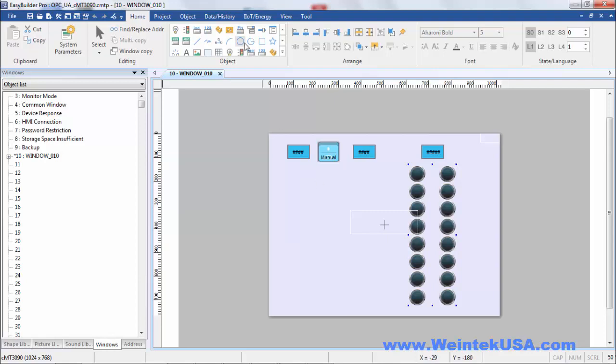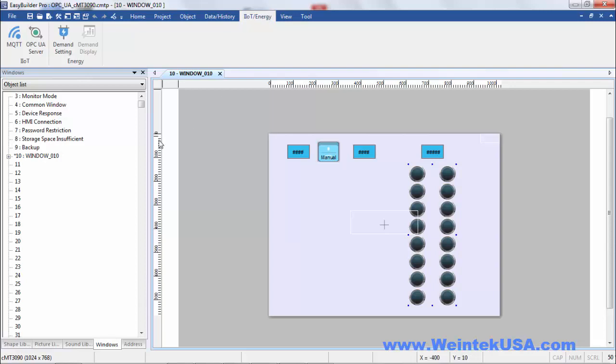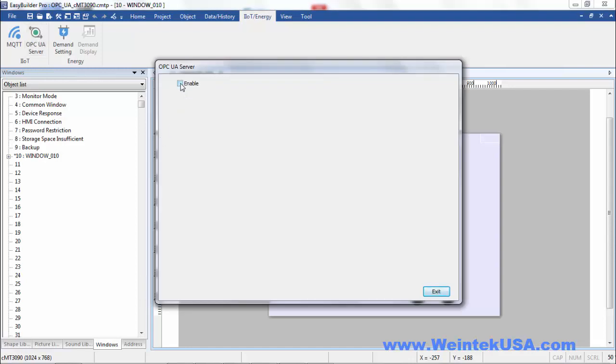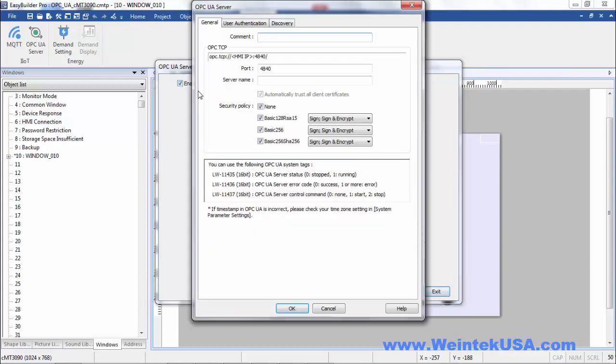So to set up a server, we need to go to the IIoT and Energy tab, click on the OPC UA Server icon, and click Enable the OPC UA Server. A lot of this you probably don't even have to mess with, but something you need to really take note of are the